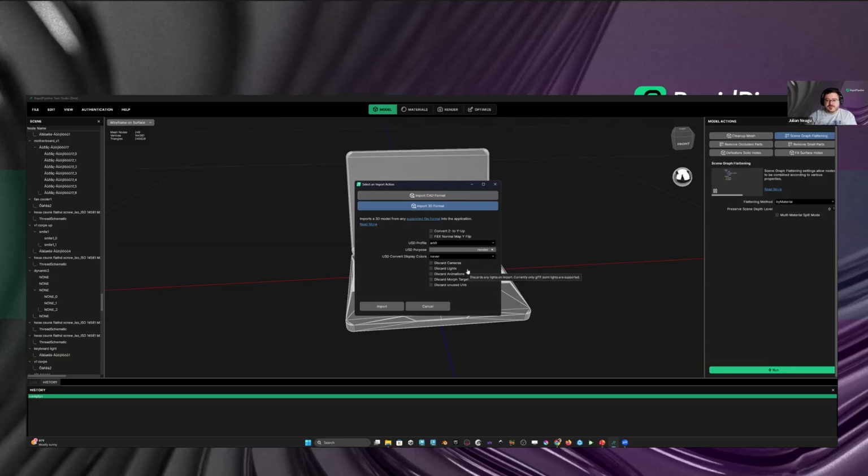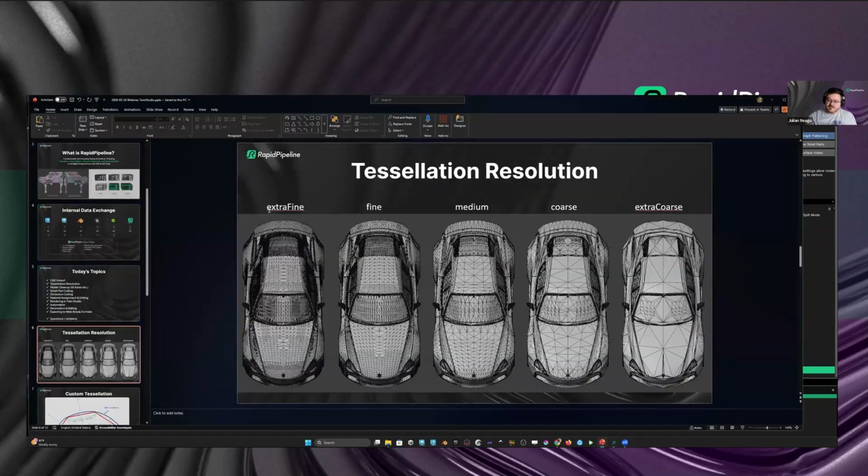How should Twin Studio interpret the file coming in? But today it's more about the CAD format import, and here the interesting stuff is in the tessellation settings, for example. So we offer basically tessellation presets, so a little bit what you've seen on the slides here. When we go from an extra fine to an extra coarse tessellation resolution, usually we do not recommend anything lower